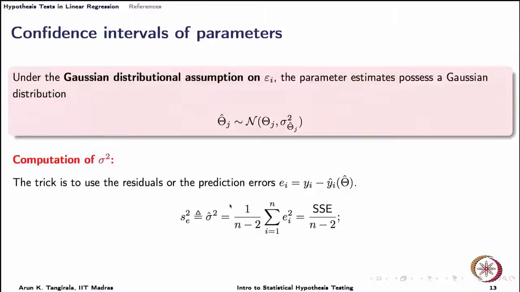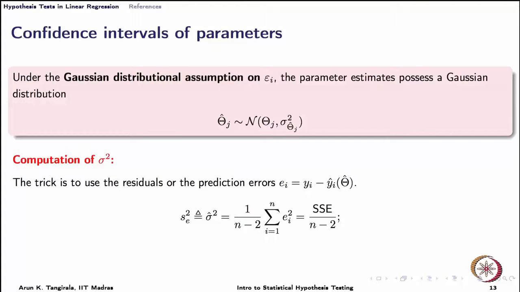We have fixed epsilons to be Gaussian, but we do not know the variance. Using the residuals, that is the prediction errors, whatever leftovers we have after we have made the best predictions, we can characterize epsilons. Particularly, we can obtain an expression for the variance of epsilon, and once again I am giving you straight away a standard result that is available in linear regression literature. I will not try to prove that here. In a full estimation theory course I may prove it.